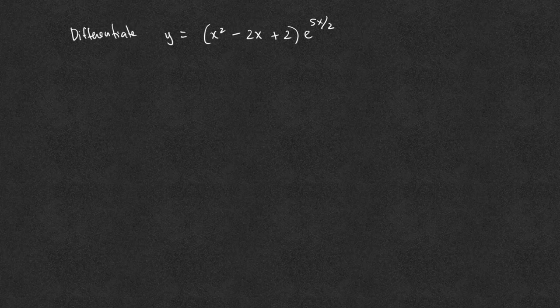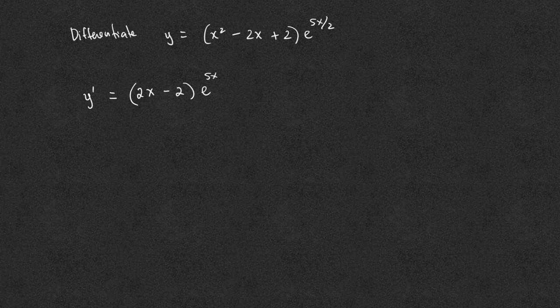Differentiate y equals the quantity x squared minus 2x plus 2 times e to the power of 5x over 2. This is the product, so we will use the product rule, and when we get to e to the 5x over 2, we will need to use the chain rule. Speed it up. Y prime is the derivative of the first factor, 2x minus 2, times the second factor e